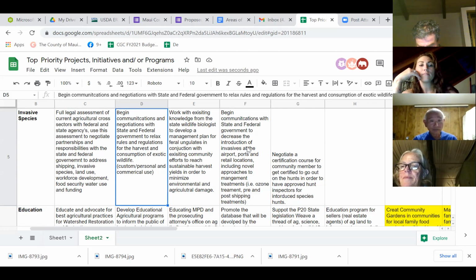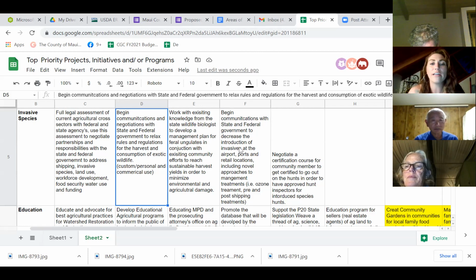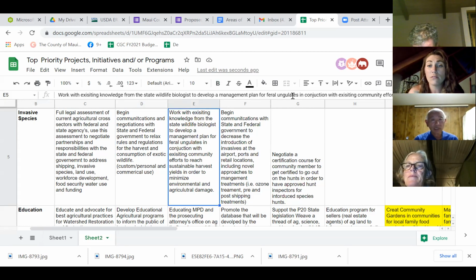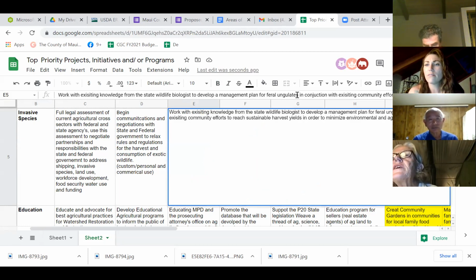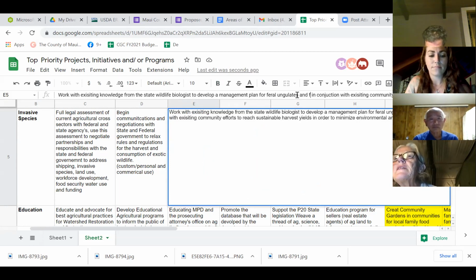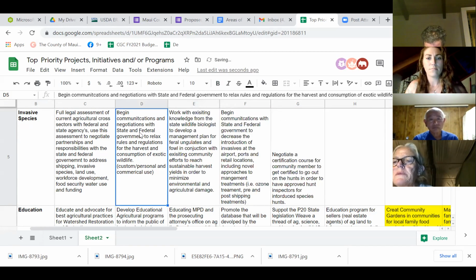Okay. So I think that might fall under the full legal assessment to see what we actually have the ability to do with like birds in that area. Well, the biologists should have something on it. Okay, so feral ungulates and fowl. Wildlife, fowl, I guess. Are chickens considered fowl? Yeah, chickens are fowl. Birds, this ringneck parakeet would not probably be considered a fowl. I don't think so.